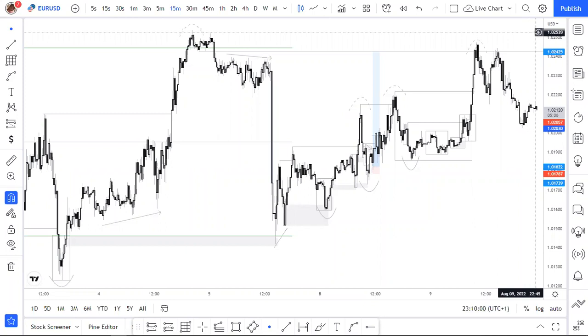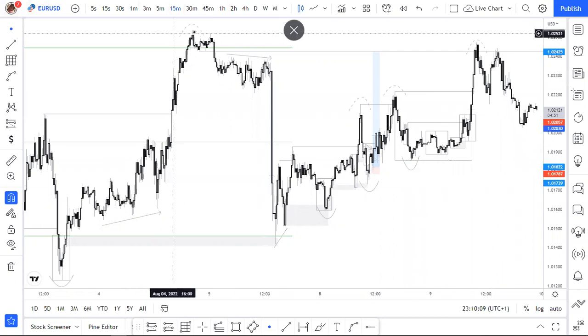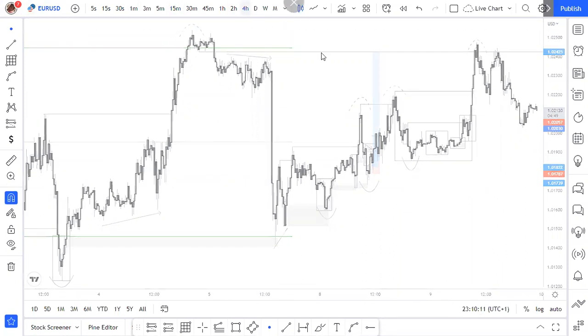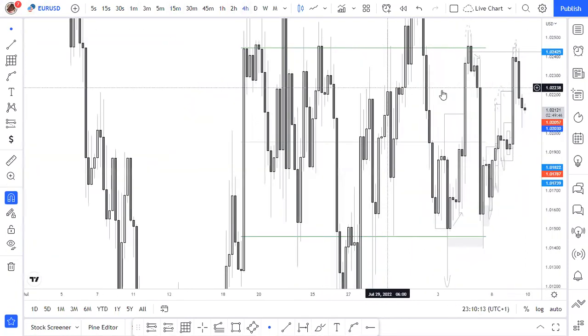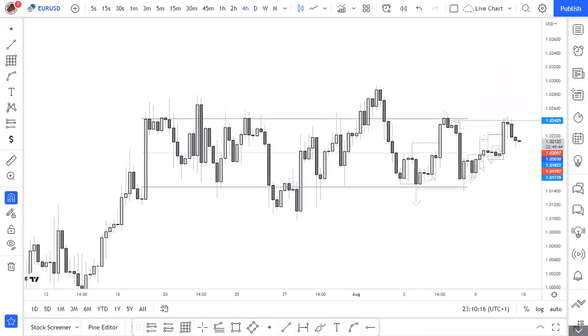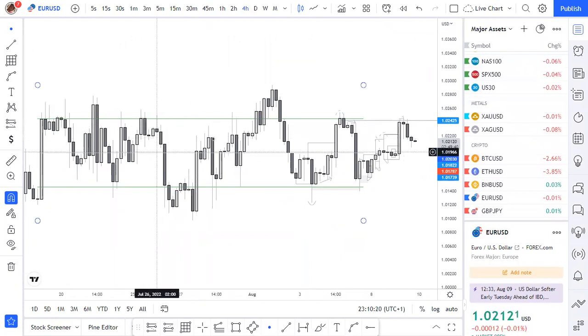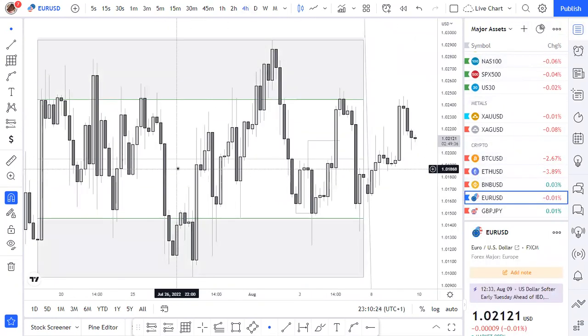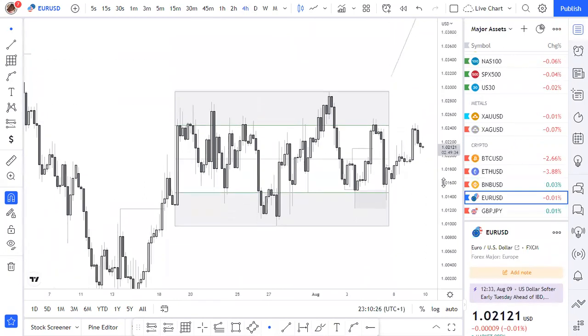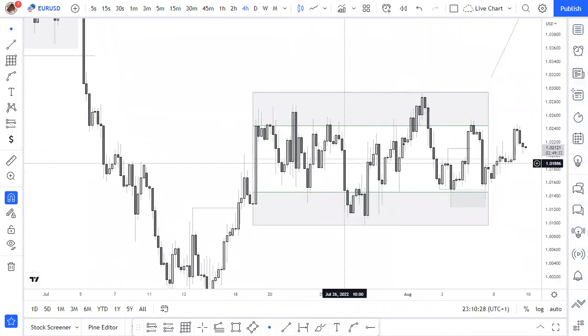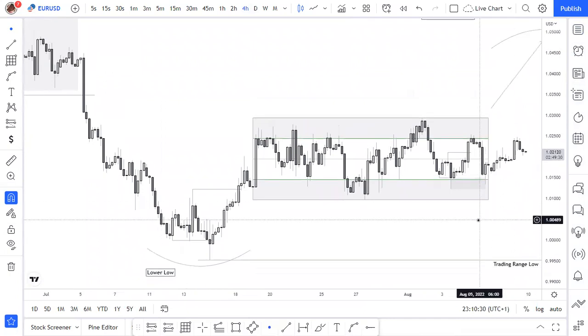So today I just want to do a quick recap on the buy I took yesterday on EUR/USD. So over here on the 4 hour time frame, let me use the main charts. This is not the main chart actually. Let me use the charts here. So on the outlook I gave for EUR/USD